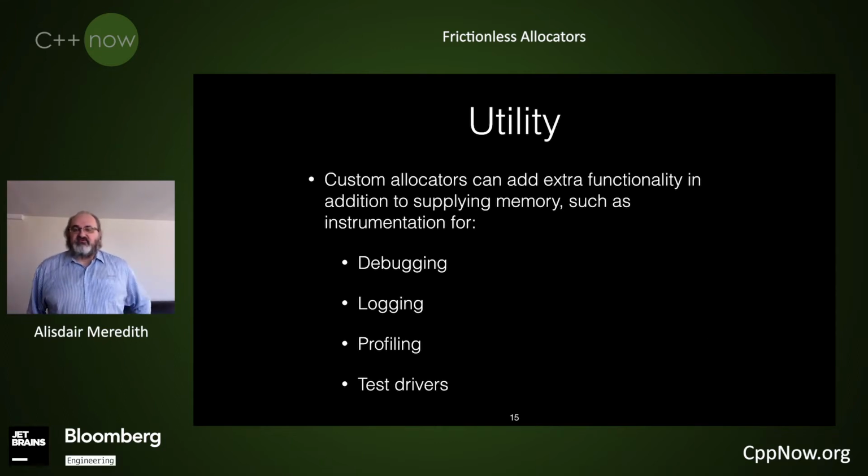In addition to the basic performance benefits we've been talking about, though, the other thing we can get from custom allocators is additional functionality to support debugging or logging, basic telemetry services, profiling, and interactive querying of our telemetry, which is really handy when you're writing your test drivers to ensure that you're not leaking and you're not double deleting, and that you're allocating from the correct pools all the time the way that you expect. So having some kind of debug memory allocator or telemetry memory allocator for testing is really helpful.